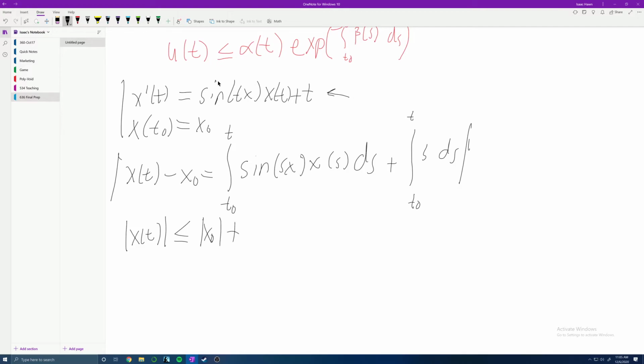plus, let's do it like this here. I'm going to flip the order here. So we'll have the integral from t naught to t, sorry, of s ds. I don't need an absolute value around that because once we integrate that, that'll always be positive. And then that's added to the integral that we had above, plus the integral from t naught to t of the absolute value of sine of s of x of s ds. And I'm splitting up this absolute value right here for the purpose of applying this Gronwall